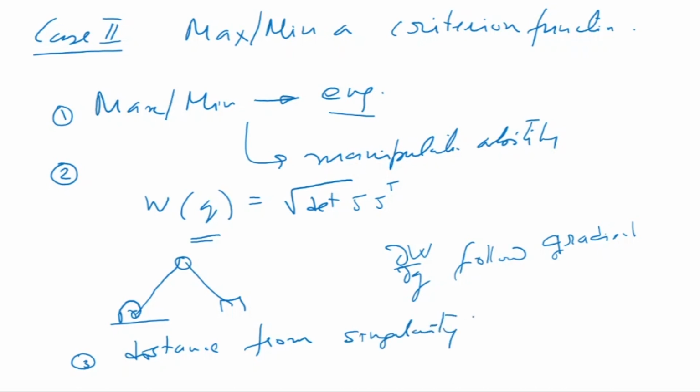Now in the case of this manipulator, for example, this two link manipulator I've drawn, suppose I'm at this instant at time t1. I want to move in a particular direction in which it is easy to move. So what I can do is find my manipulation ability ellipsoid and see that this is the direction in which I can move easily. So this is the direction in which I cannot move. This is my sigma 1, sigma n. So I can move easily in this direction. So I move, the next point would be here.